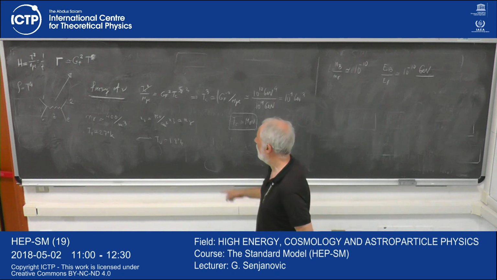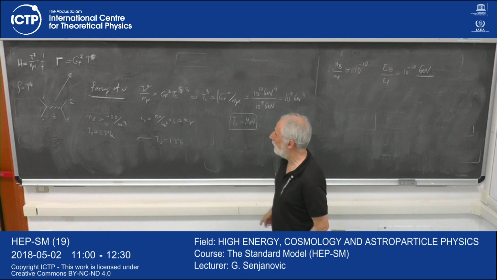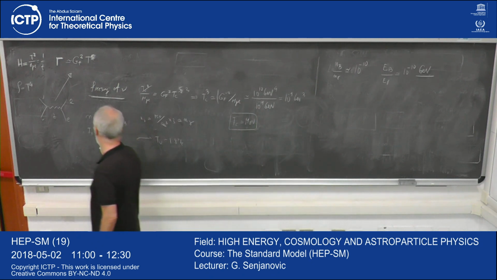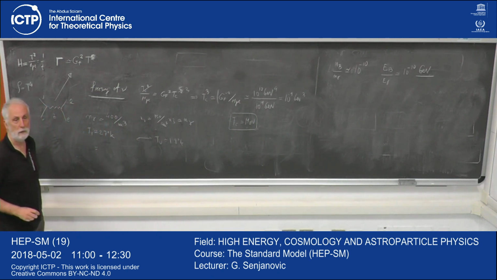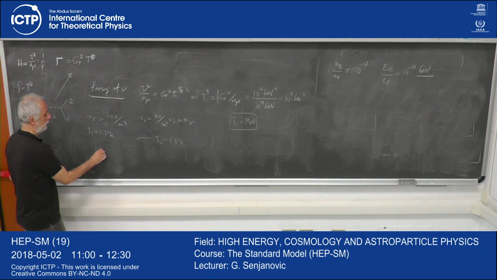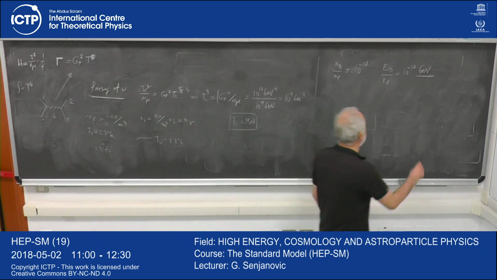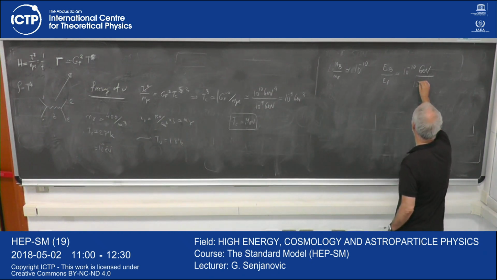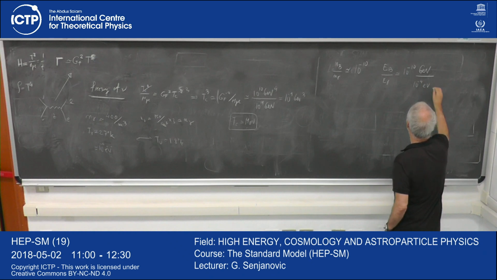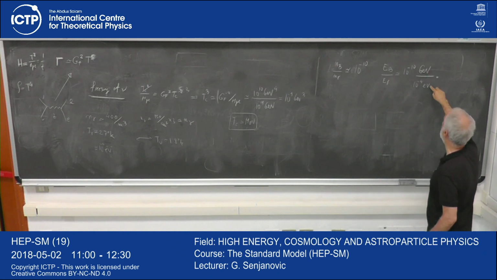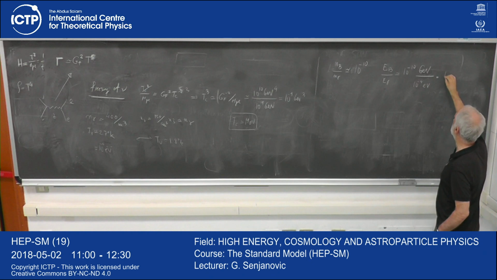It's the temperature. Do you know this energy? It's around 10 to the minus 4 electron volt. I think this is good enough for us. So I get 10 to the minus 4 electron volt. So this is 10 to the 9. So I get about 10 to the 3.